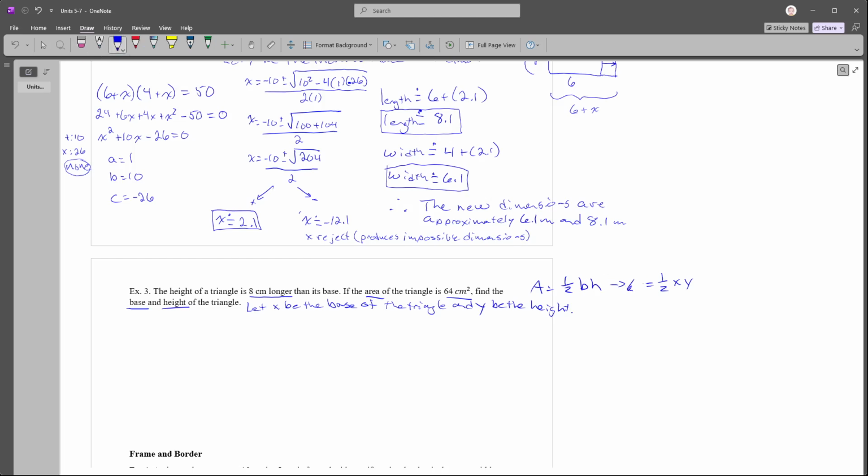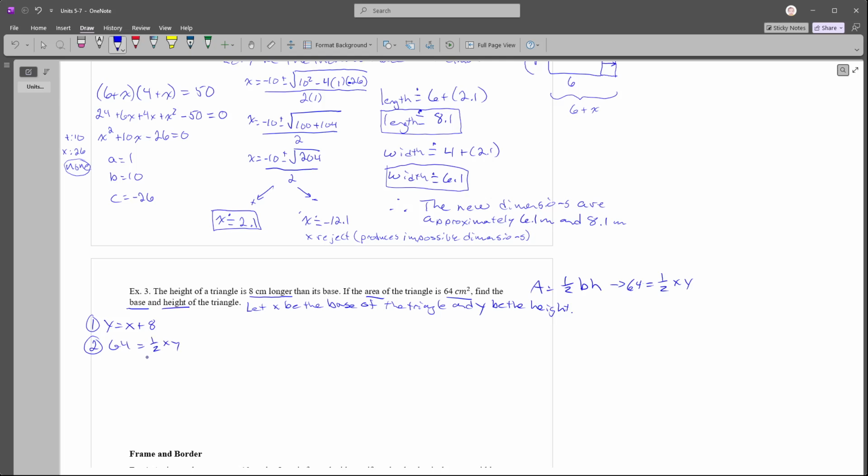So we can put 64 here because we still have two variables. But luckily, we were given a little bit of information. We were told that the height of the triangle is 8 centimeters longer than the base. That tells me that y is equal to the base plus 8. There's our equation number 1. Now, if our equation number 2 is what we've been working on over here, 64 is equal to 1/2 xy,